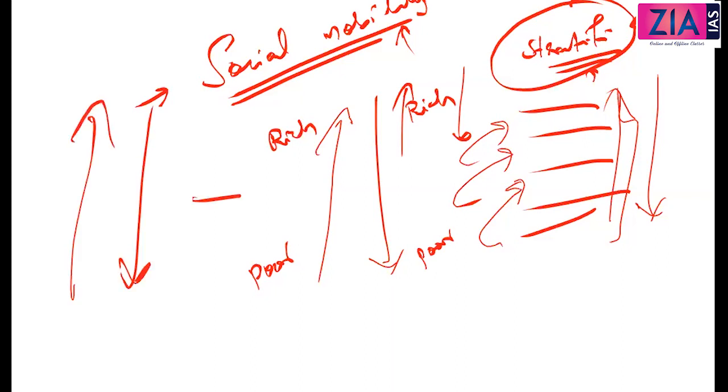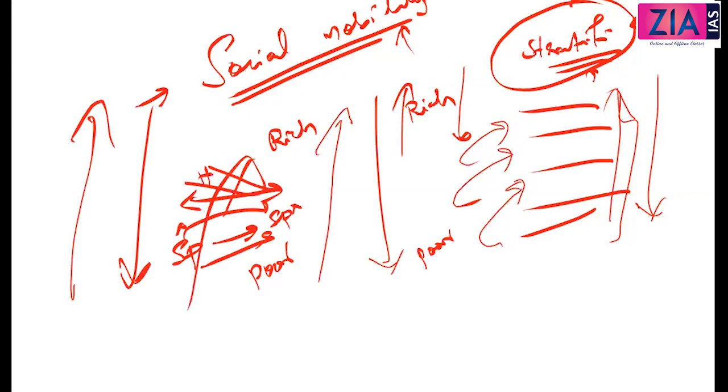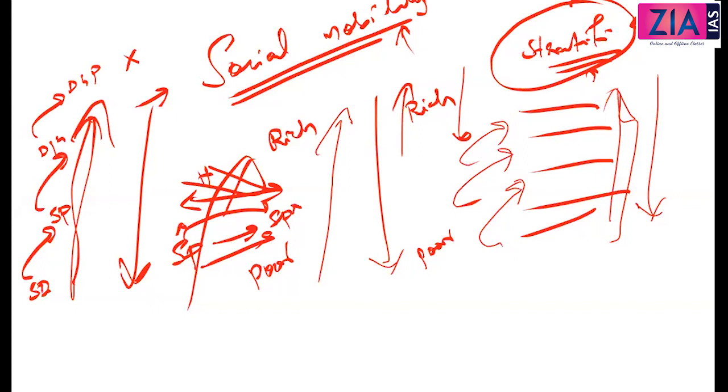There can be horizontal mobility also, but this is not sociologically important, like transfers. You are a superintendent of police here in this district, you will be transferred to another district as superintendent of police. The position has not changed, but the location has only changed. This is geographical in nature. This is horizontal, not important for us. But you are a sub inspector and you are promoted as superintendent of police, and then you are promoted as DIG, and then you are promoted as DGP. This is what we understand as upward vertical mobility, and we are more concerned and interested in vertical mobility. That is what we are talking about.